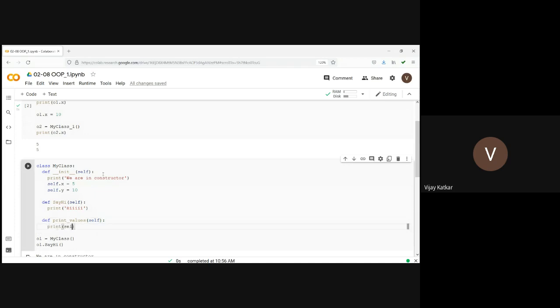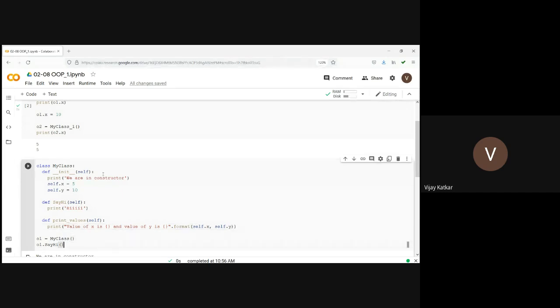So print self dot x, or I can write something like this: value of x and y is, followed by dot format, where I can pass self dot x comma self dot y.